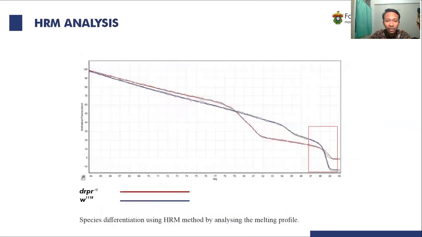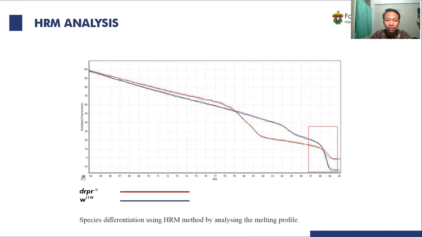The high-resolution melting method is used to detect differences in genotypes, such as the length of the GC sequence in the nucleotide bases of each DNA sample. A high content of GC bonds will also require a high temperature to separate the bonds and will change the melting curve.